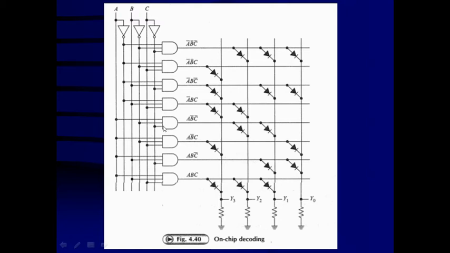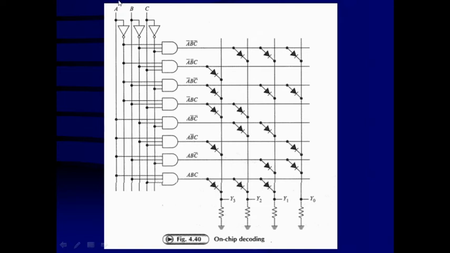C is low, so C bar is going to be high, that should be connected to this AND gate. So A, B bar, C bar, this line is going to be high when address 100 is selected. And on this address, what will be the data which is going to be available? On this address, this line is going to be activated. That means this Y3 is going to be low. Here diode is there, so Y2 is going to be high, Y1 is going to be high, and Y0 is going to be low. So 0, 1, 1, 0. This data is going to be available.